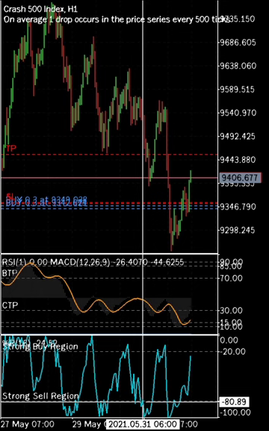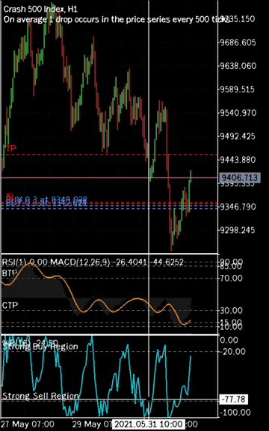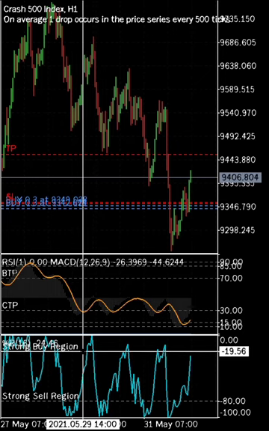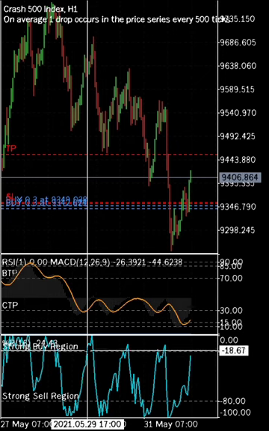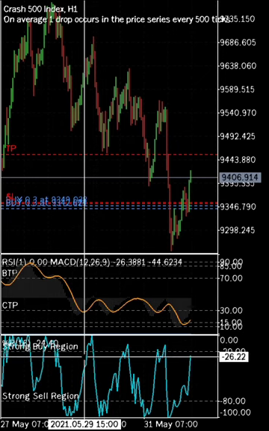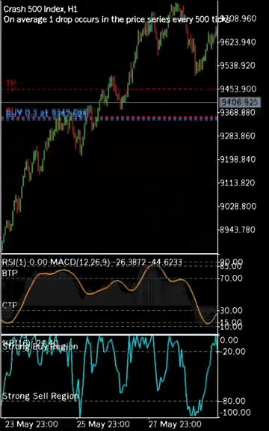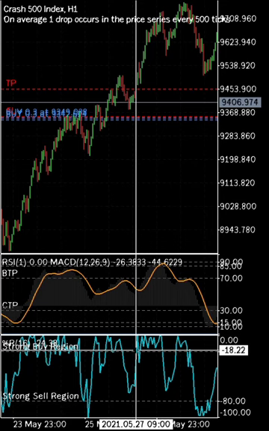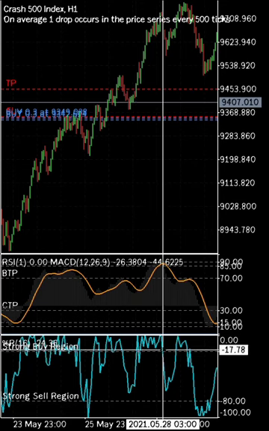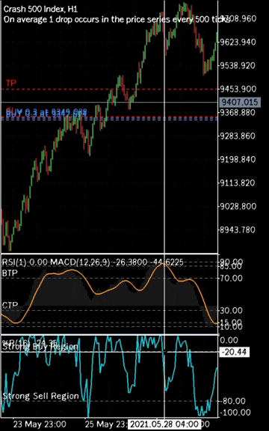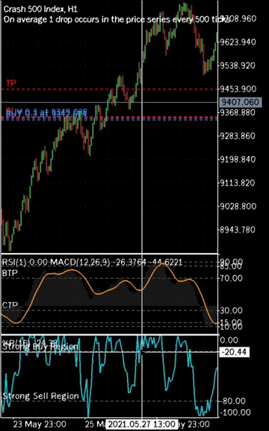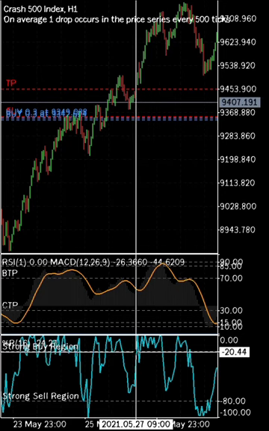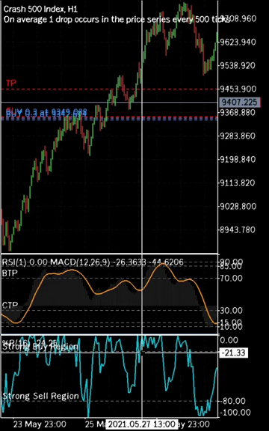Below the minus 80 level, it is a strong sell, and just above the minus 20 level, you see that the market experiences a strong buy. Just like in this case, let me move back and show you. See, from here to this point, from here to this point, when the market got to the minus 20, it began to experience a strong buy.